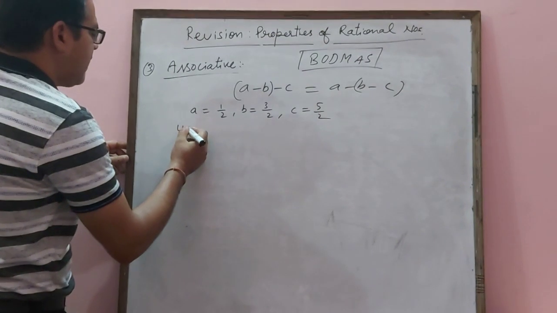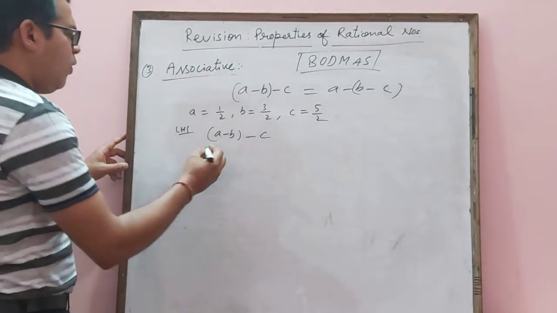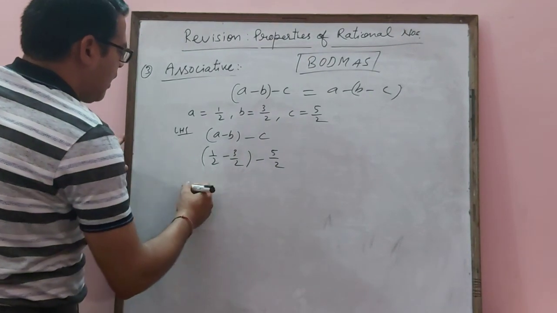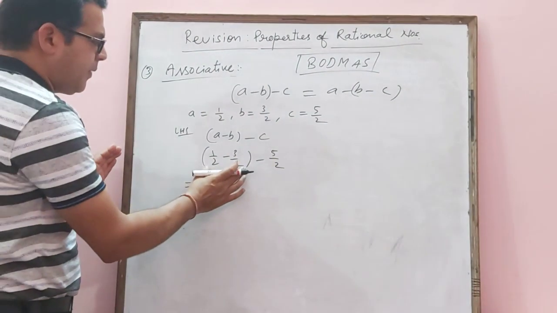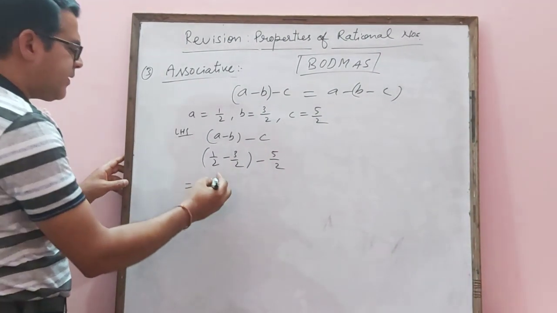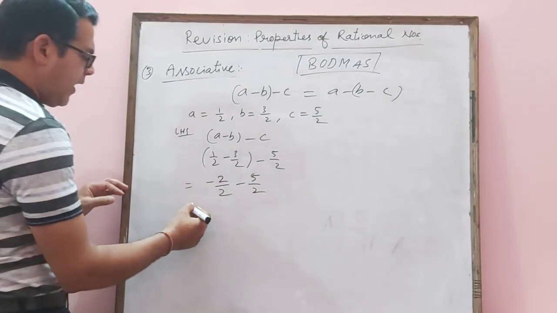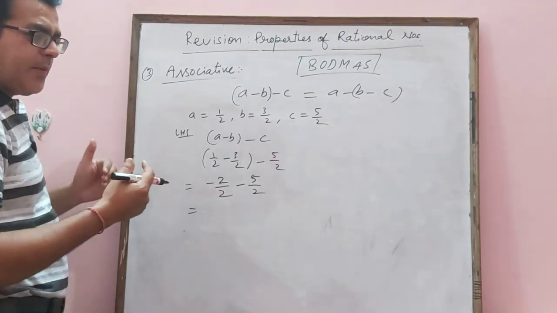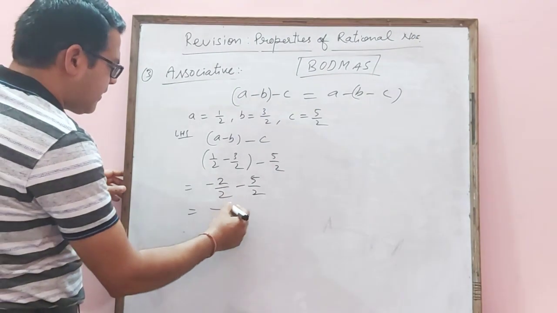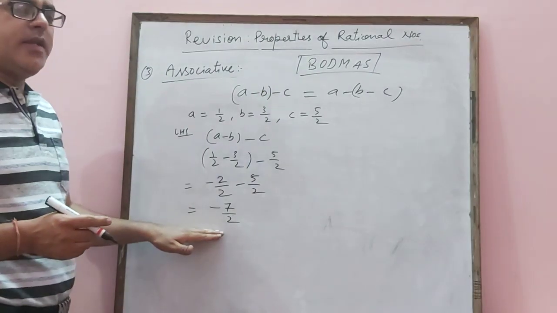Now left hand side I am taking here A minus B inside the group, then outside minus C. So A is 1 by 2, B is 3 by 2 and C is 5 by 2. According to rule, first we have to go with bracket. Right? So denominators are same. 1 minus 3 means minus 2 by 2 we can write here. Now again denominators are same, so we can subtract directly. Subtract my two negative numbers, it means we can add them. Minus 2 and minus 5, minus 7 by 2 we can write here. So after solving this left hand part, we have here minus 7 by 2.